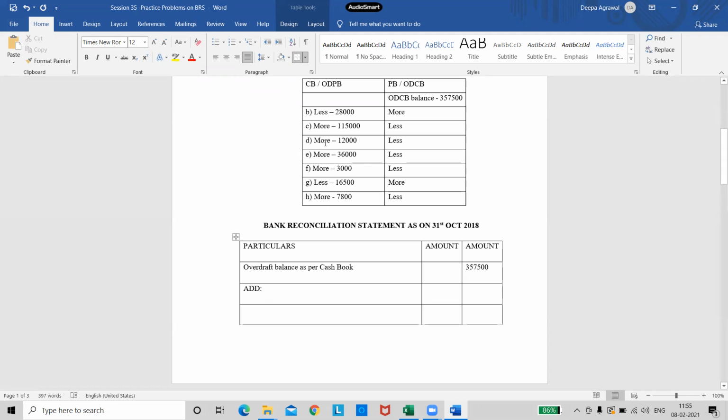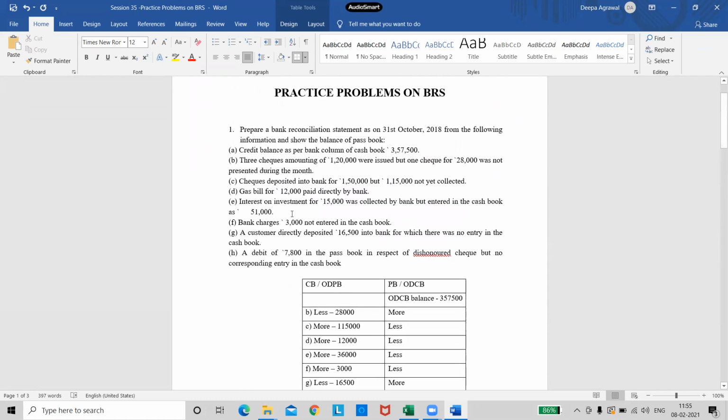So whatever are the more items, C, D, E, F and H, write down those transactions from the question and put the amounts from the working notes. Remember, always put the amounts from the working notes, because sometimes we have to take the difference, sometimes we have to take the entire amount. All that is there in our working notes. So I will quickly copy paste them and you start writing. C, D, E and F, I need to put in the statement for add. So I'm doing that.